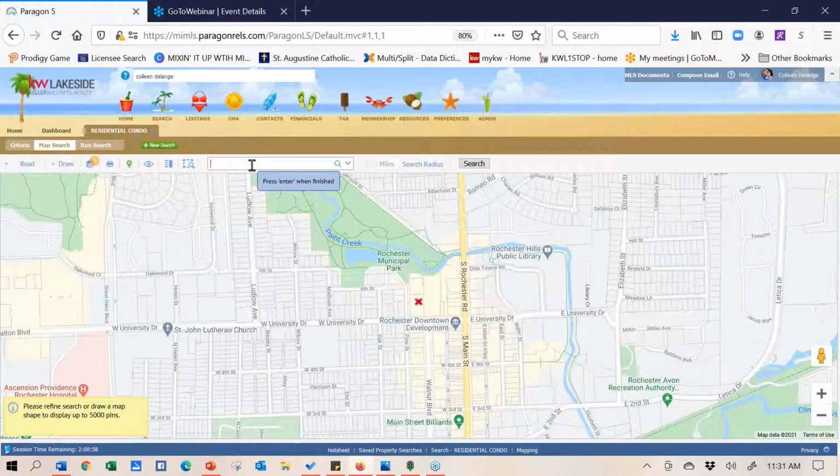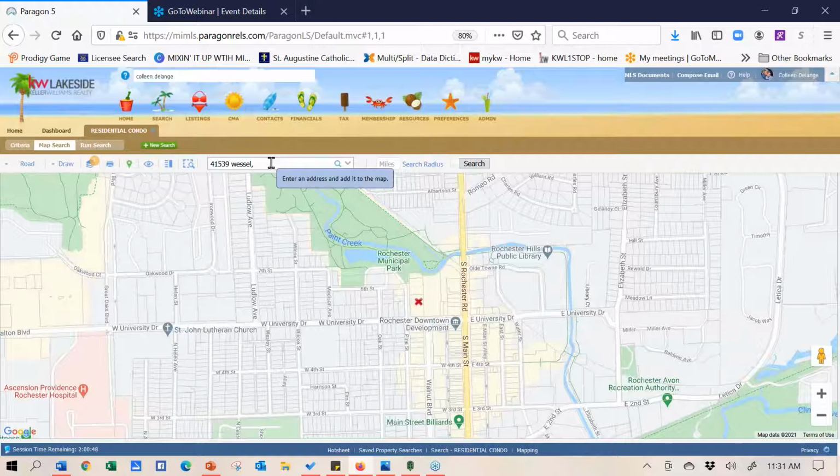Now, obviously, you're going to put in your subject address. I'm just, for the sake of time, going to do a real quick one here that I know will provide some good examples. So I'm going to pretend that I am going on a listing appointment at 41539 Westwell Drive